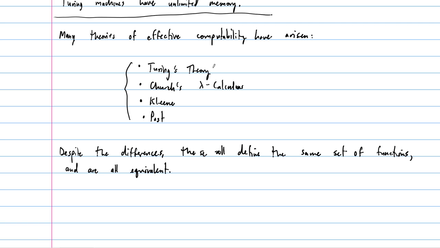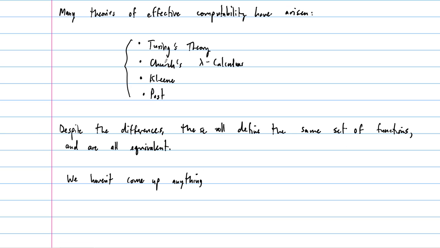So Turing's theory is still the best in one sense, maybe not the best in another sense, but there hasn't been anything better. We have honed in and done a really good job of taking full advantage of Turing's theory, but we haven't come up with anything better than Turing's